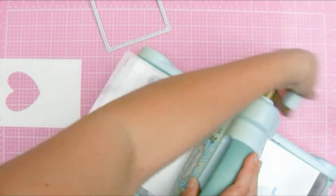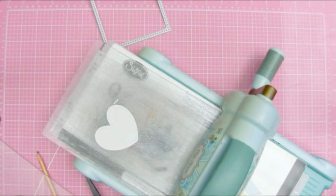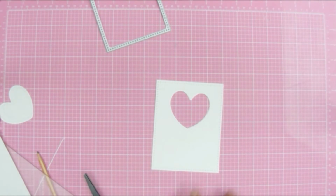And when I had that first panel, I die cut that same frame again, put it underneath and put the die where it was placed the first time. Then I draw with a pencil where I die cut the first panel heart, and then I'm just going to put that again through my die cutting machine, and this is how you get